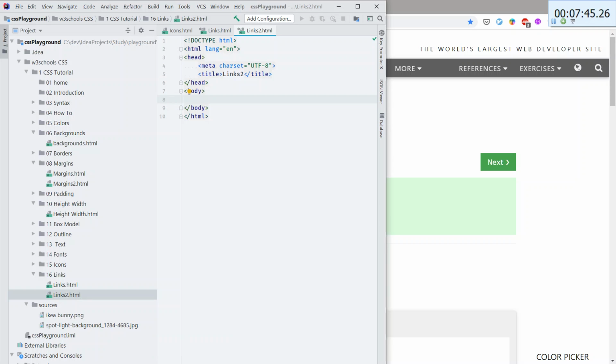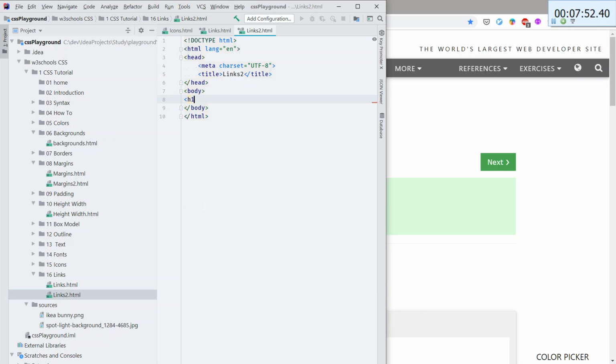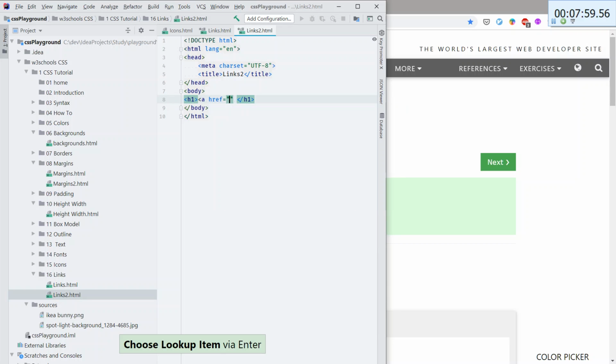And here will be H1. I'll see if I can combine them like this, and here will be an anchor tag reference to links, and the text will be go back to links.html in this directory. Okay,